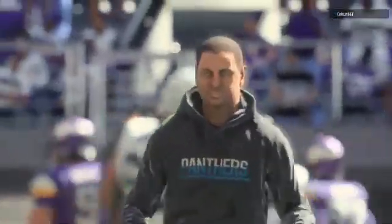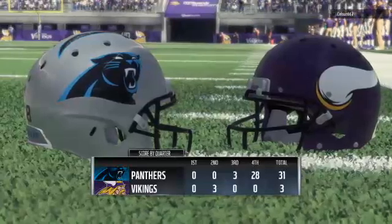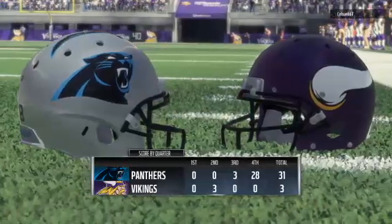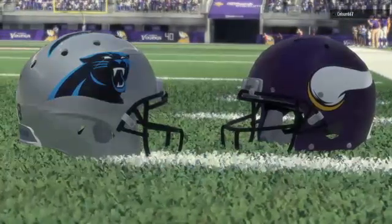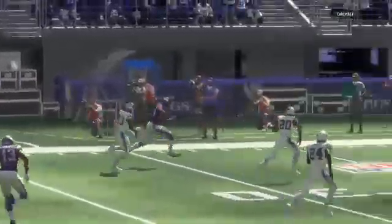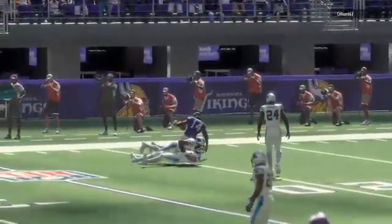A road win in the National Football League. Charles, you never take that for granted, no matter who you're playing, no matter where you're playing. You take it and you run with it. And you know you primed the pump all week in your own home facility. No one thinks we can do this. Only people who believe are right here in this room. And then you go on the road, band together, and get it done. So for Carolina, they're into the